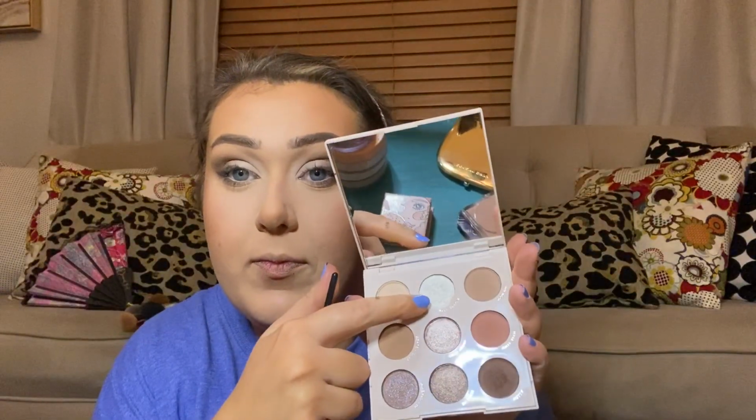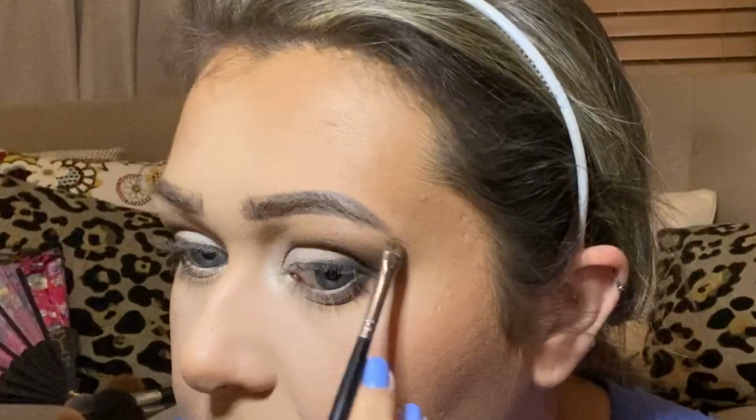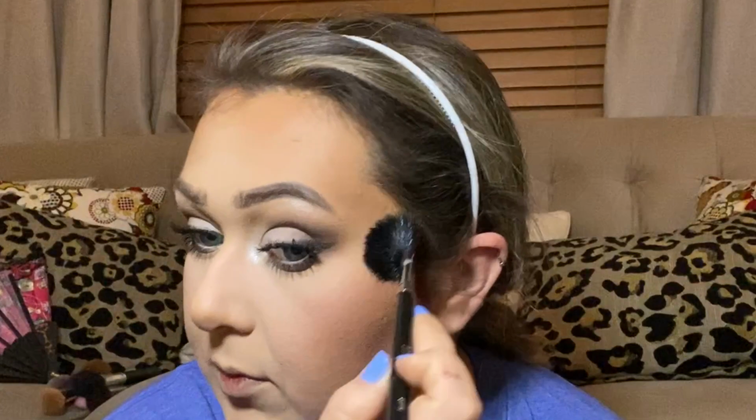I'm going to tightline my eyes with this Marc Jacobs black eyeliner, and then I'm going to do my waterline with this Marc Jacobs cream color. And then I'm going to highlight my inner corner and brow bone with this sparkly white gold shade from the Going Coconuts palette. It looks so good. And then I'm going to make it pop just a little bit more with this Horse and Carriage highlight from ColourPop as well. For mascara, I'm using the new Too Faced and then this Hypnose Drama from Lancome,